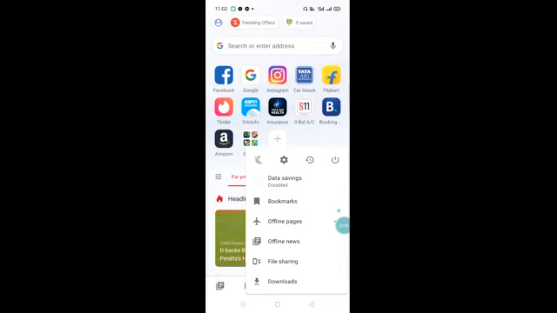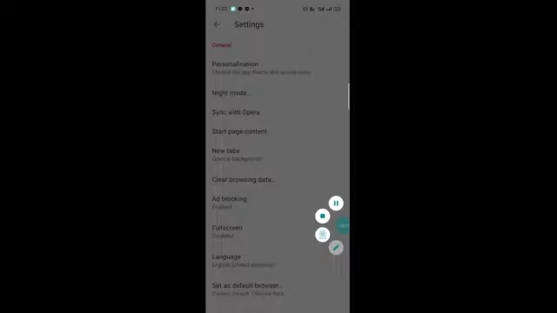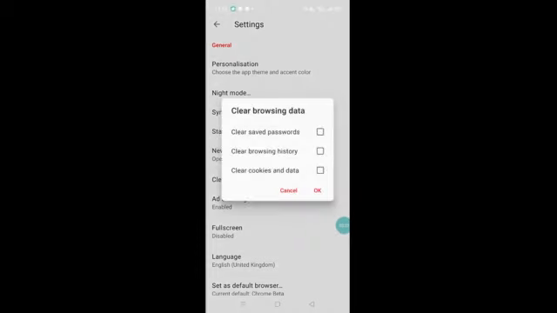After that, you have to click on Settings. You can see it on the screen. You have to click on that. After this, you have to click Clear browsing data. You can see clearly on the screen, Clear browsing data is available. You have to click on that.